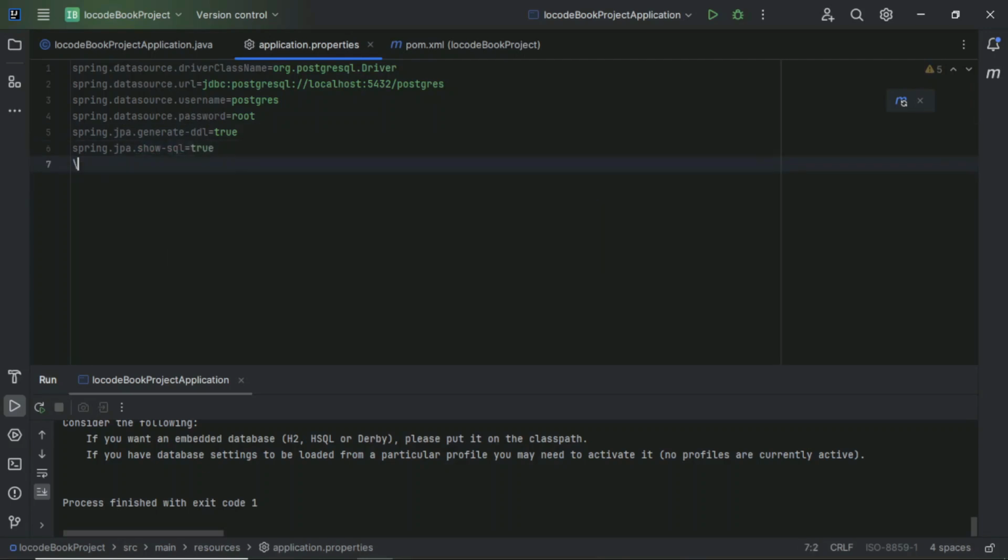Then we need spring.jpa.hibernate.ddl-auto equals update. So what this show-sql does is it will show the different SQL queries that are